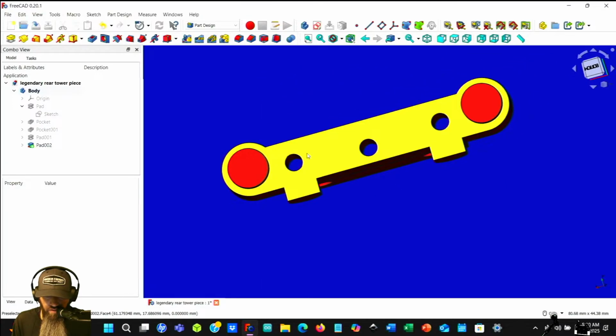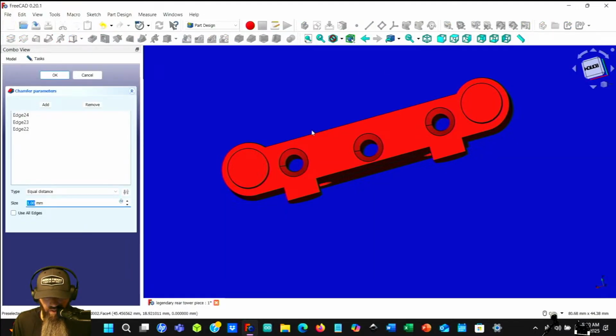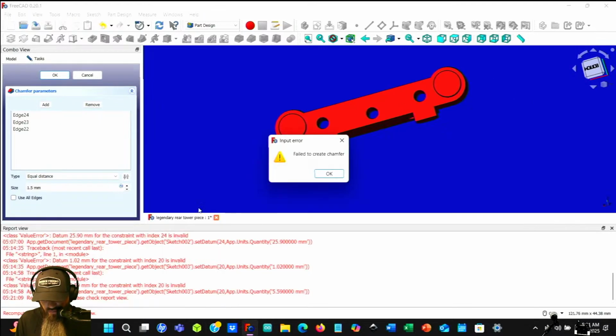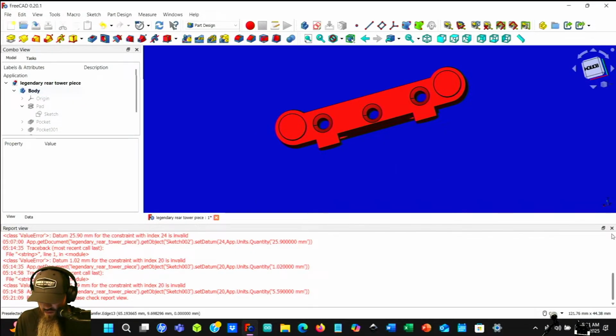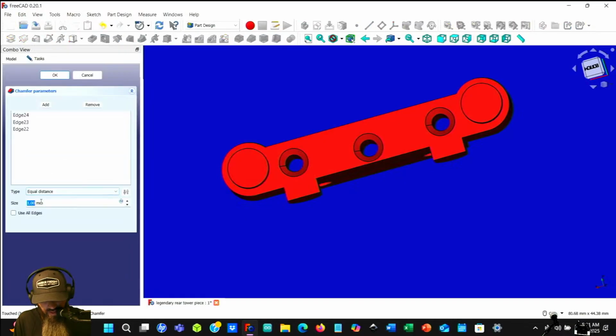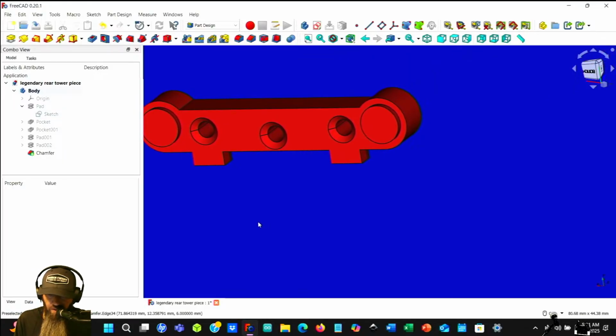Okay, let's chamfer these holes, because they use a chamfered screw. Just click the chamfer button, and I don't even know what kind of millimeters. I mean, that actually looks pretty good. Will it do a 2 millimeter? No, it won't. 1.5? No. A 1? Can we go back to, no, it won't even do 1. Okay, no, it did 1. Okay, so I guess it's gonna be a 1.